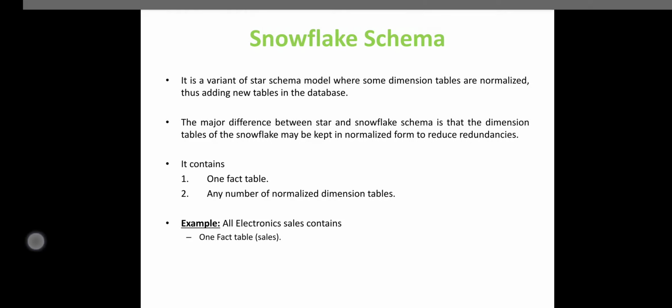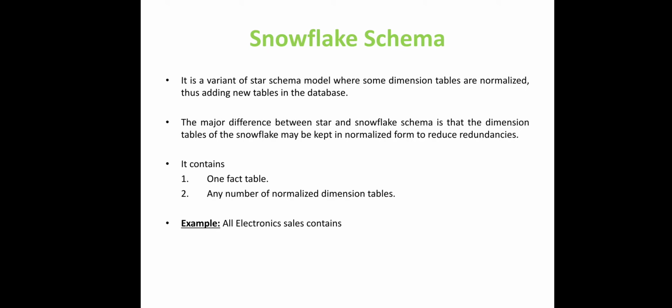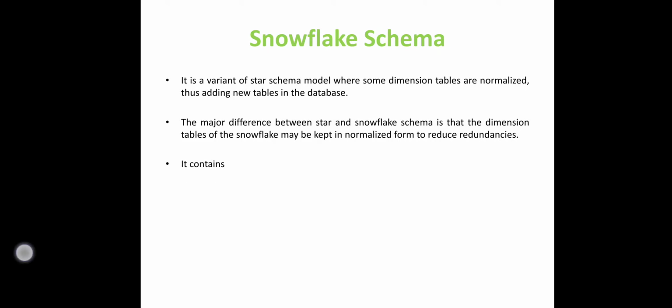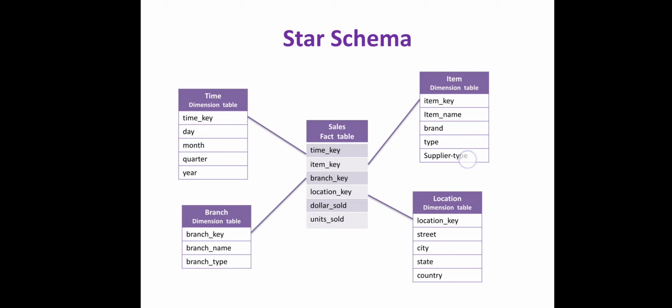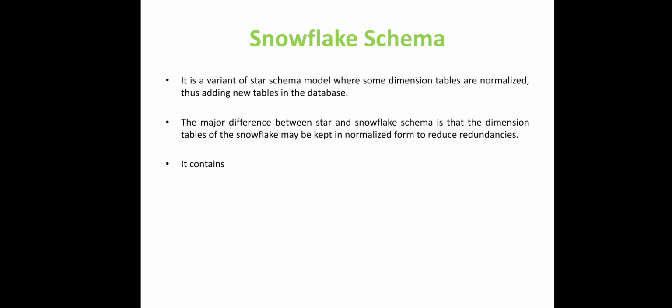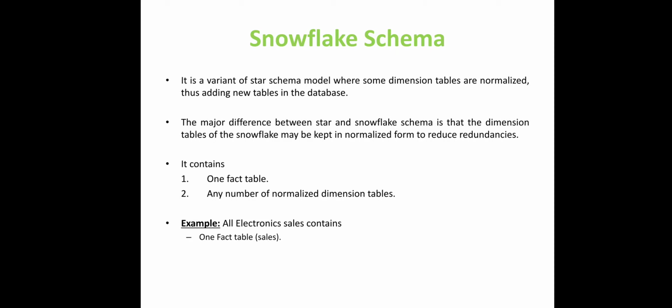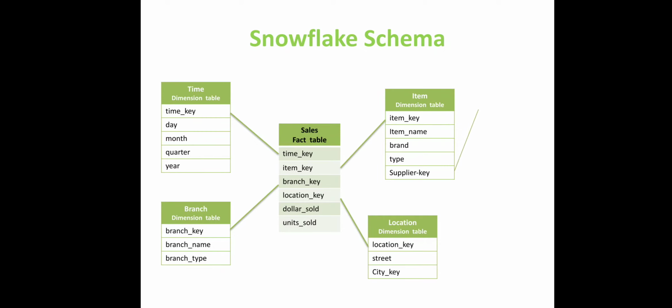In that case we are having a supplier type. With that supplier type, now I am going to convert it. Here I am mentioning it as a supplier type, and here I am mentioning the city, state and country. So, I am making this parameter normalized. I have made that supplier type a supplier key, and in that supplier key dimension I am mentioning a different dimension table called supplier, and in that I am going to mention the type of supplier. In this way we can make it a normalized form of dimensional table.